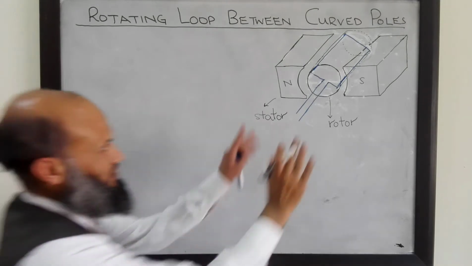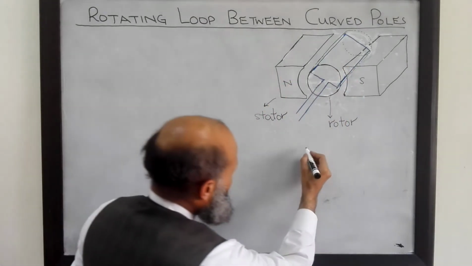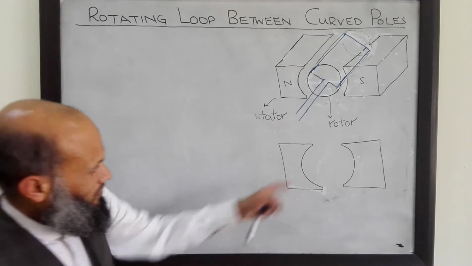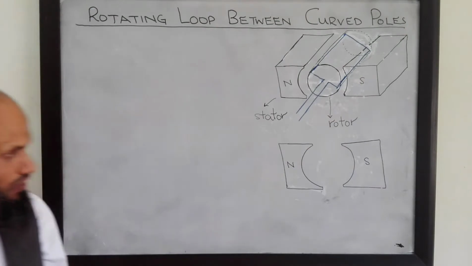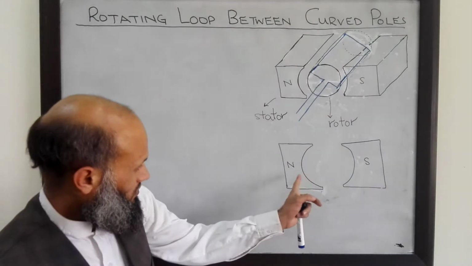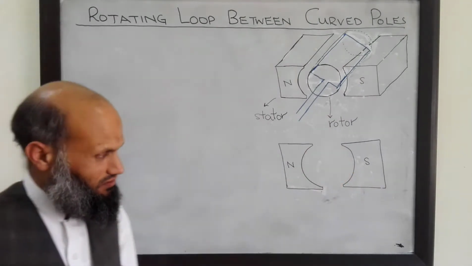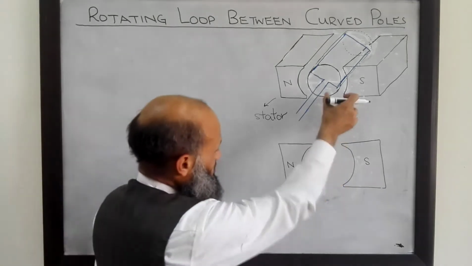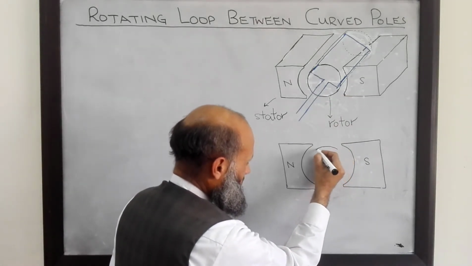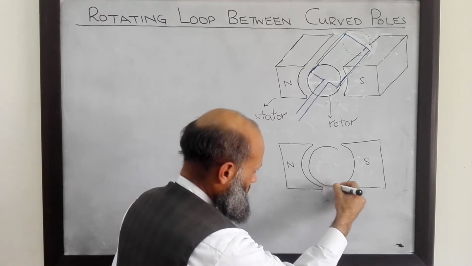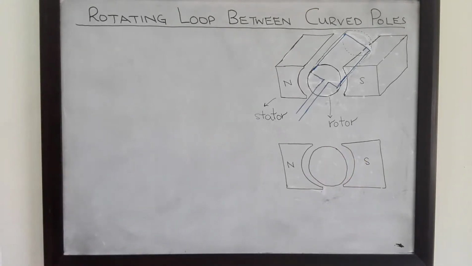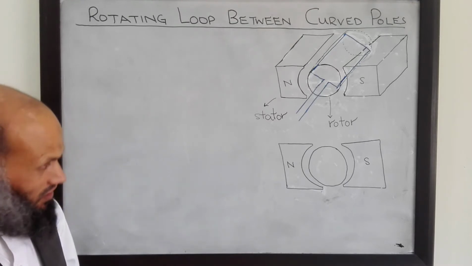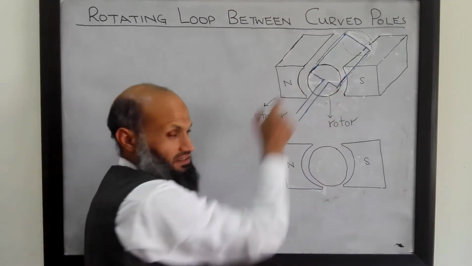If I see the front view of this setup, I have this situation. Here we have north pole and the south pole. Front view of this setup. These pole faces are not flat, rather these are curved. Inside these pole faces we have a cylindrical rotor. This rotor can rotate freely inside these poles, and on this rotor we have placed a coil of